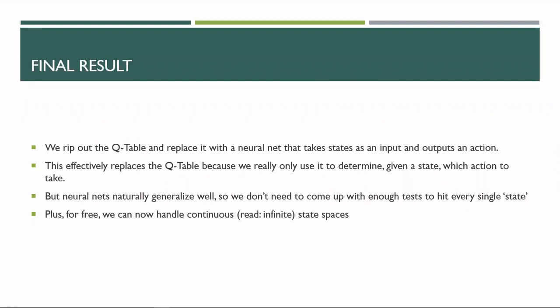Now, since neural nets generalize well, we don't have to run a billion games to try to get into every possible state, right? Neural nets naturally figure out over time, this state's similar to that state. And it starts to assign Q values effectively to states it's never seen before, but that are mathematically similar to it. Okay. So you'll end up eventually with, if you run it enough times, which is in this case only a few hundred times,